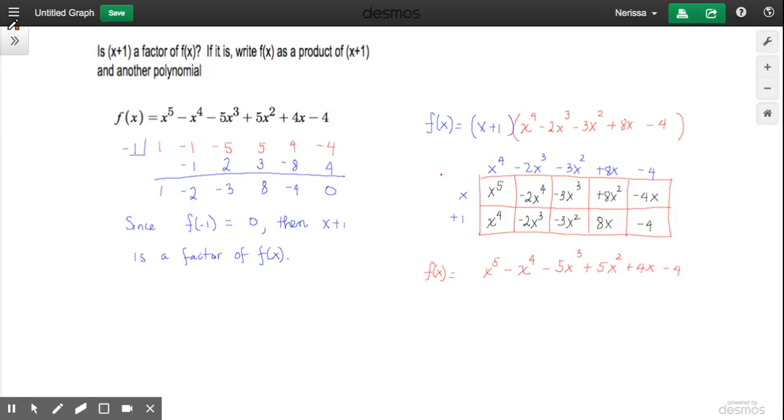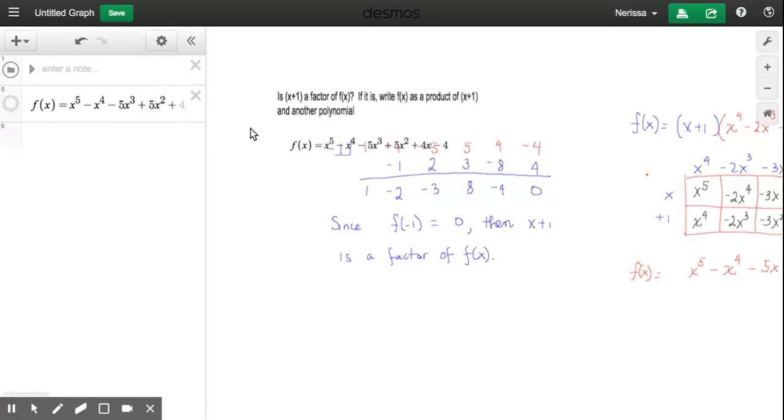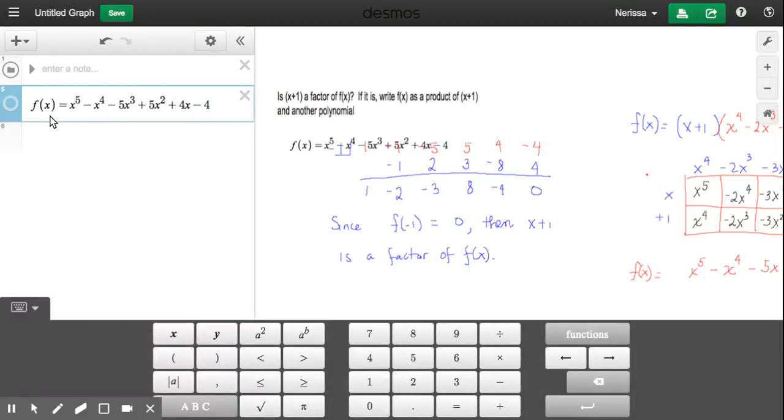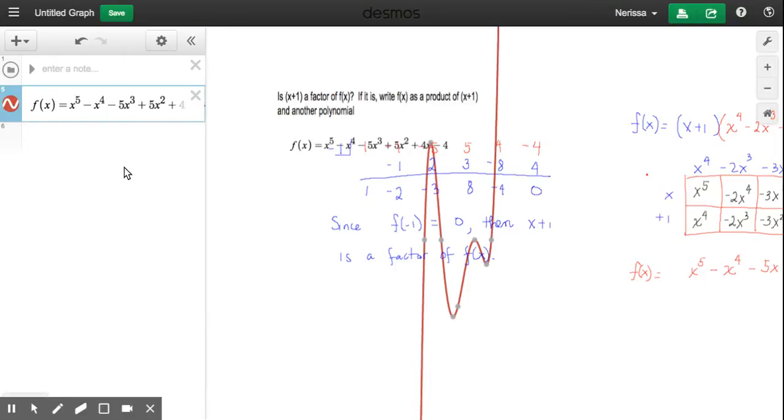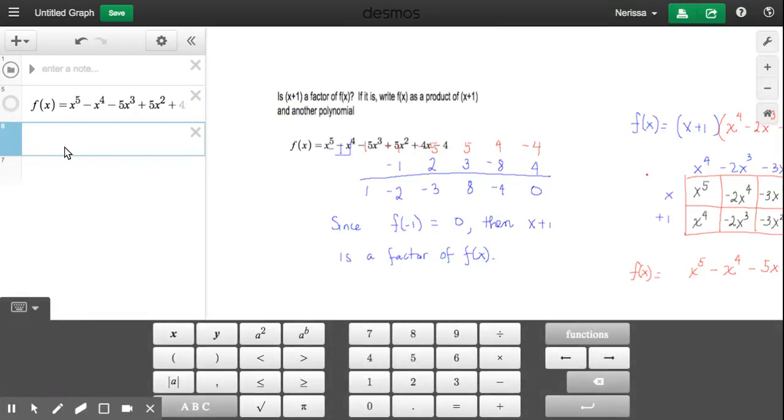All right, so we checked our work by actually multiplying these two polynomials to see if the product will be f of x. We can also check if our answer is correct by graphing. So here we have the function f of x. I can graph f of x and it looks like this. Now we can write the factors. So x plus 1, we said x plus 1 is a factor, multiplied by the other factor,